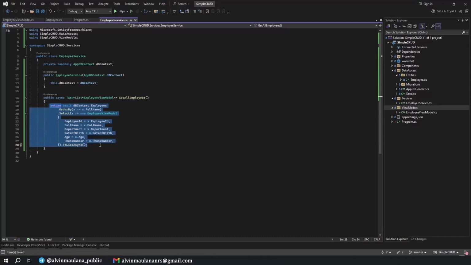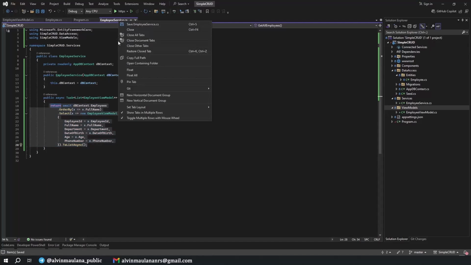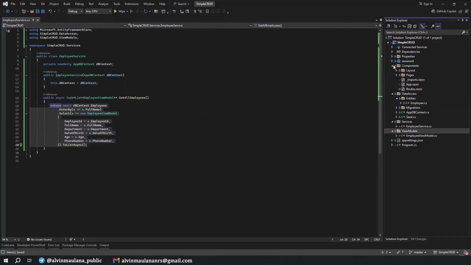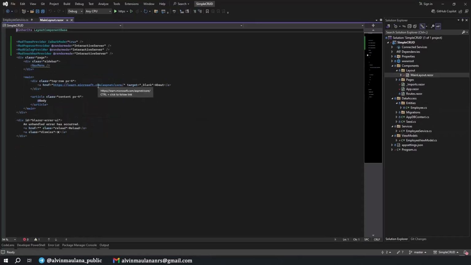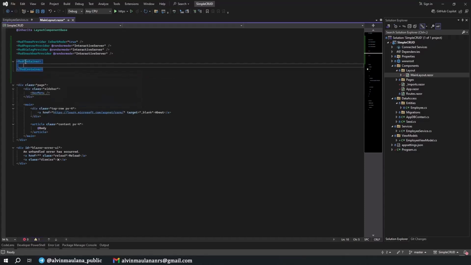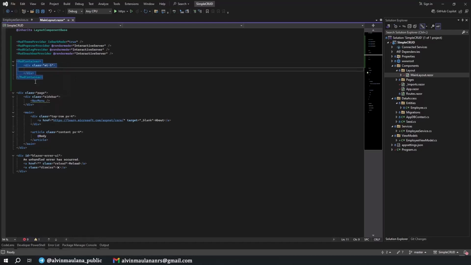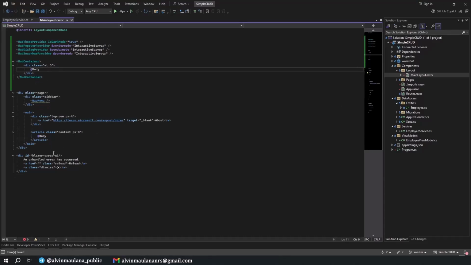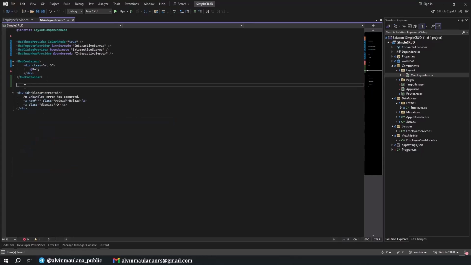Now the function to get the data from the database is complete. We can just show this data in our UI. I want to close all tabs but this one, where is it? Close other tabs, and I pin it. First, let's modify our main layout. Okay, I put below this a container, and then we have a div here with class margin top 5, and then we show our body. We are not using the regular layout provided by Blazor, so I can remove it all.